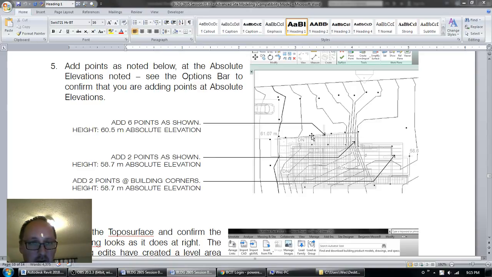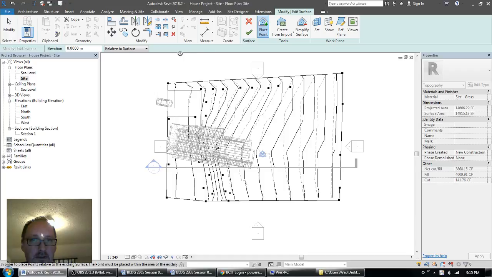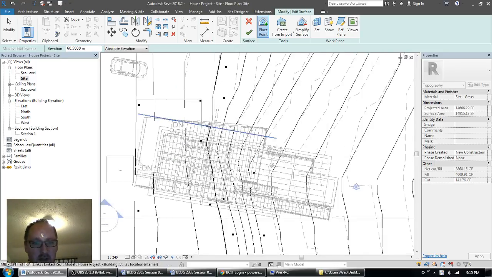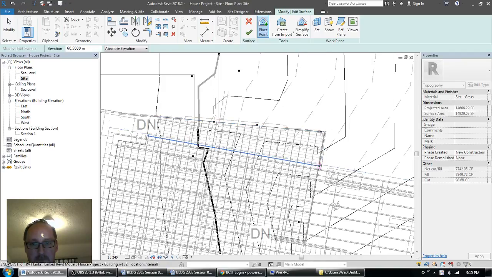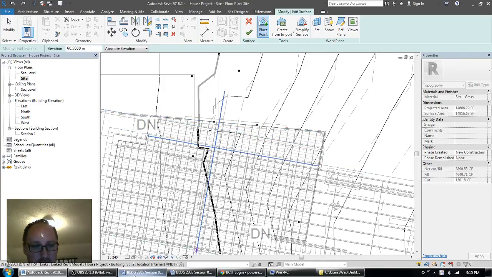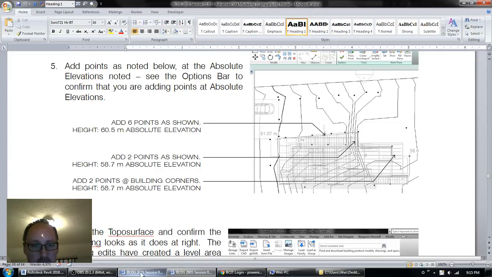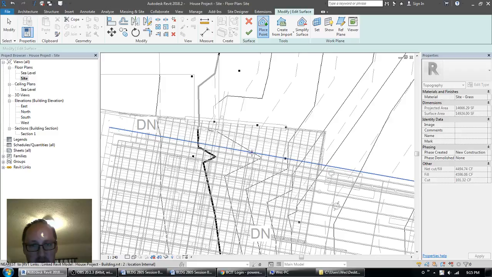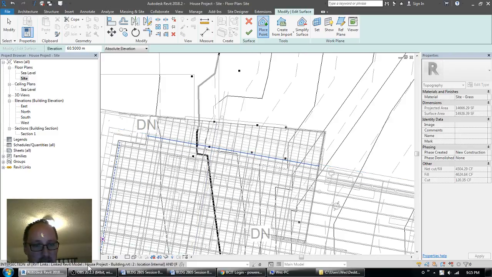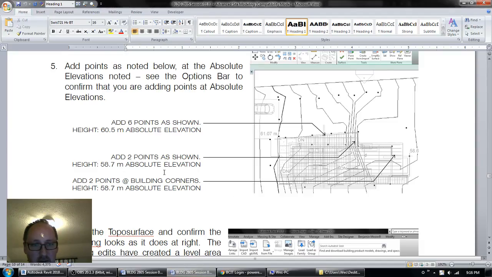These 6 here are at 60.5. Okay, so place point, 60.5. Alright, so they're going to be in this vicinity here. Whoops, not that one. Just right up to the face of this wall here and then along the edge of the building. And then points at